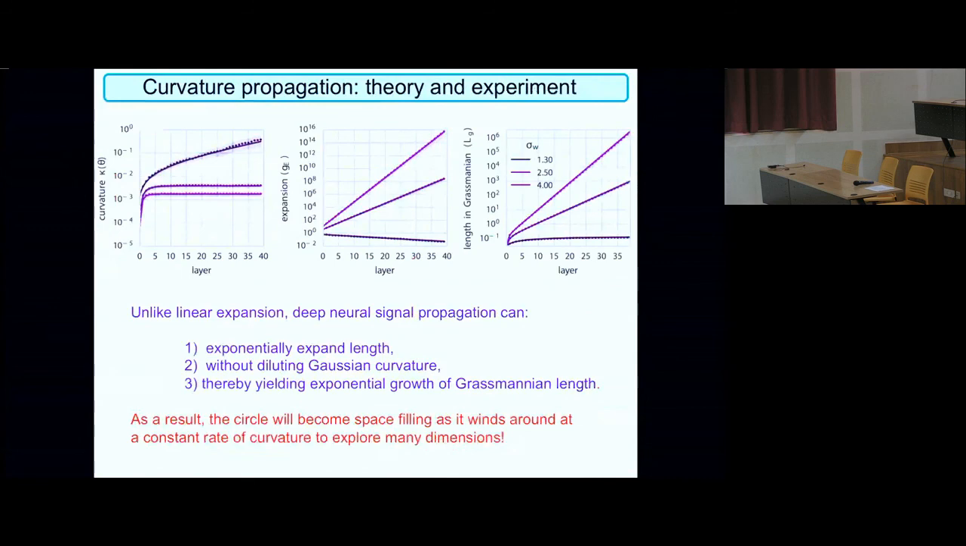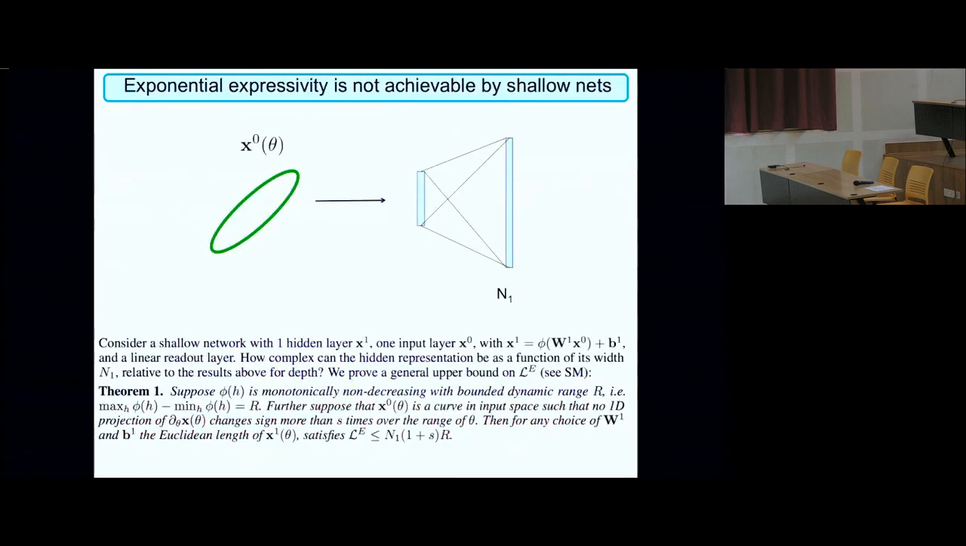Here's a match between theory and simulation for our recursion relations for curvature. Okay, now here's a theorem, Partha, that you were asking about, is what happens in a shallow network. So in a shallow network where you just go through one layer, here we prove a deterministic result, which is no matter how I choose the weights of this network, I can never get the length to grow exponentially with